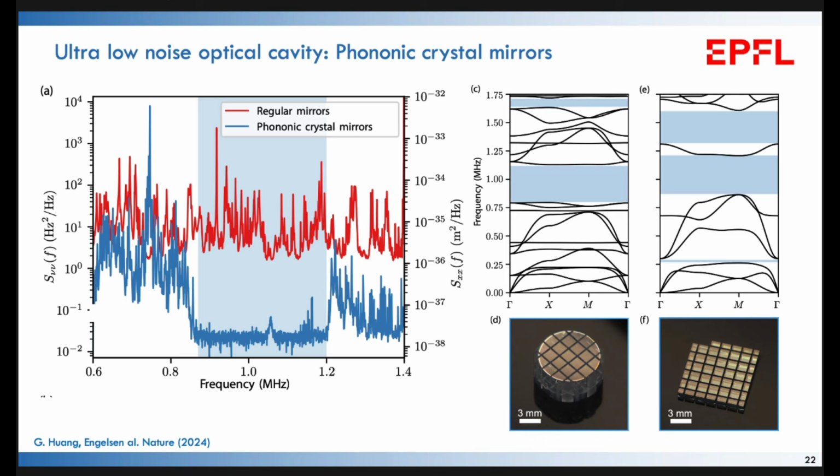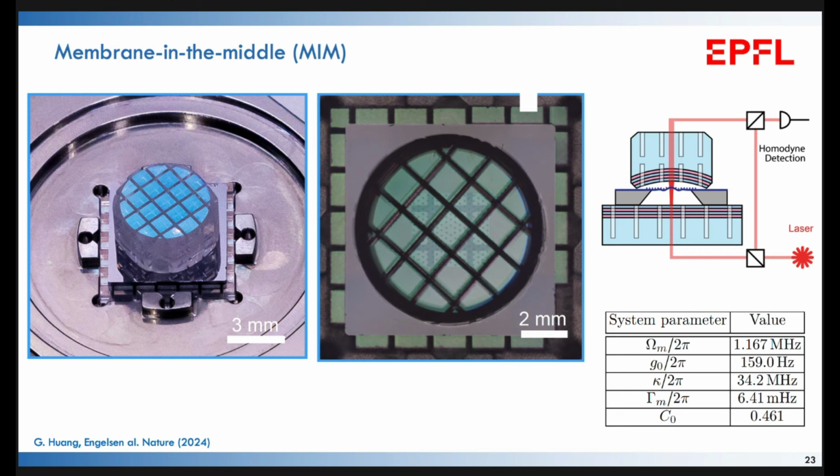So it's not something you can universally apply. It's only a certain spectral region you can clean up, but it's still quite surprising to me. You can reduce cavity frequency noise by 2 orders of magnitude over such a wide band gap. And so with this now, you can assemble a mechanical system, a density modulated membrane, and place it inside these phononic